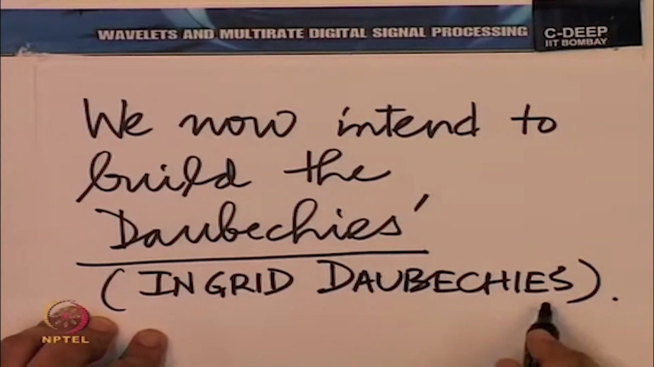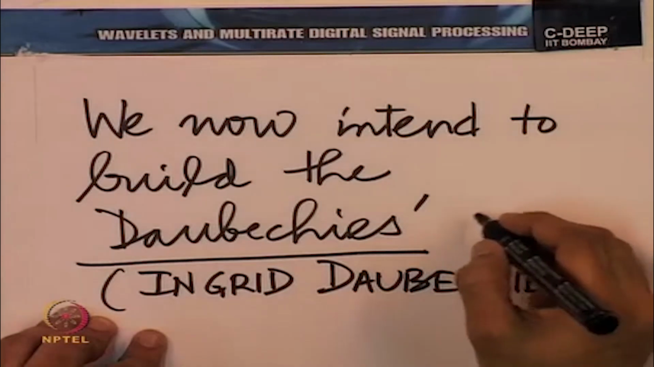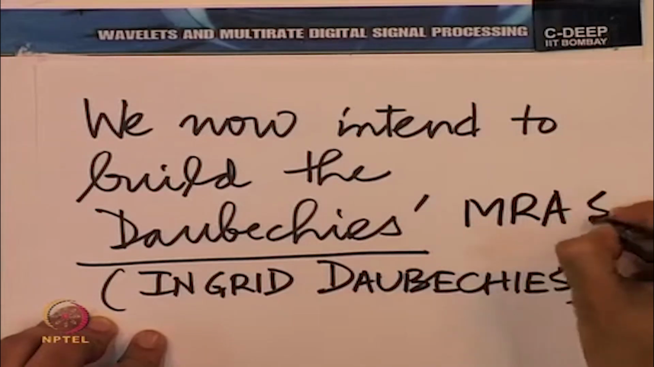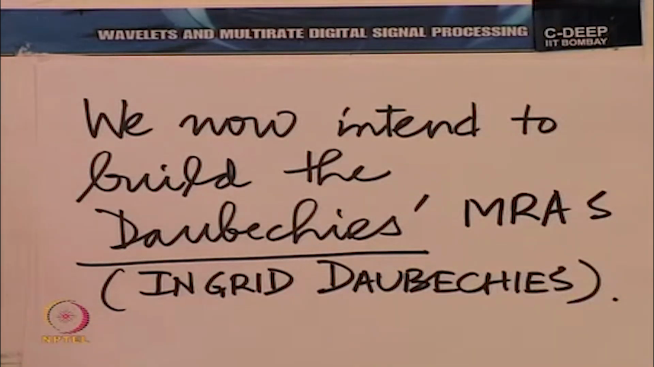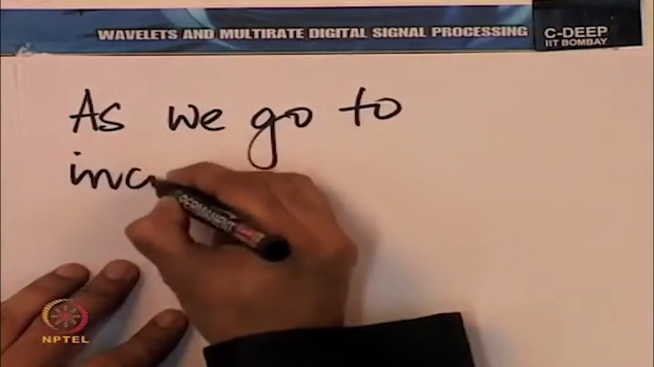I believe this is correctly pronounced as Daubechies, but I could be wrong. I think we could just probably say Daubechies and be content. So, anyway, we now intend to build the Daubechies filter banks, or Daubechies MRAs. And the feature of these Daubechies MRAs is that as we go to senior members of the family, as we go to increasing seniority,